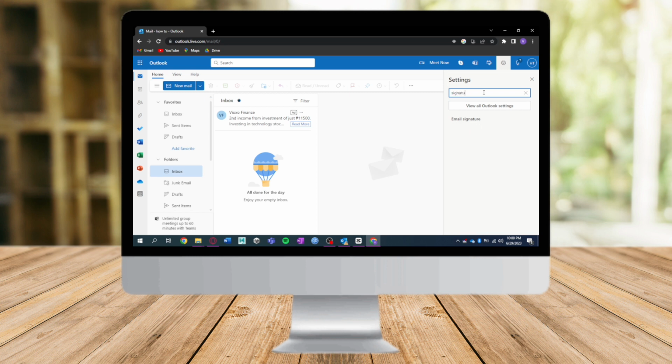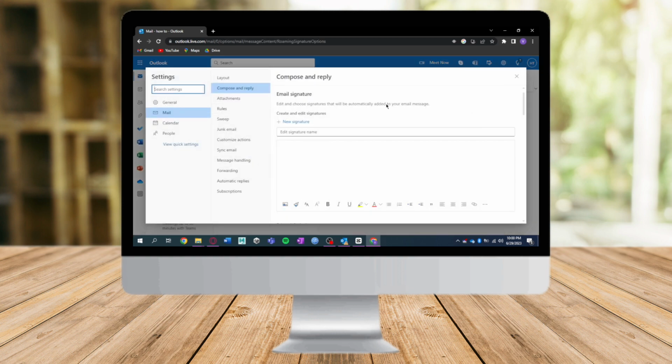And you'll see the email signature right here. So just click on that and this will open this window right here on the mail settings. So you can compose your signature right here. So let's name this signature as formal signature. And you can compose something like